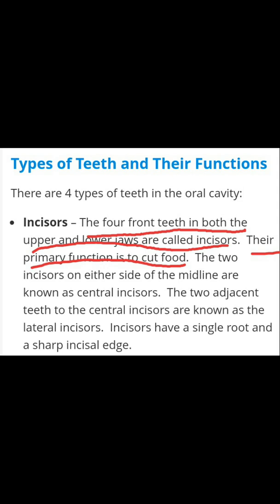So basically, as I said, the permanent denture, that is permanent teeth in your mouth, there are 32. So let's classify them further as incisors. Incisors are the four front teeth, and basically they are used for cutting the food. For example, if you are biting an apple, you are using your front teeth and they are incisors.